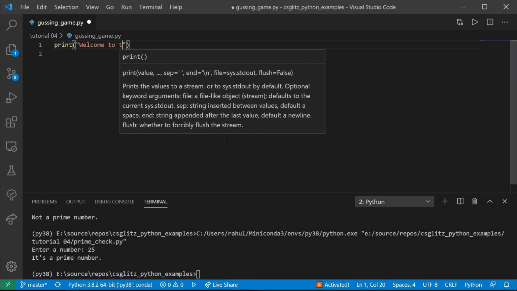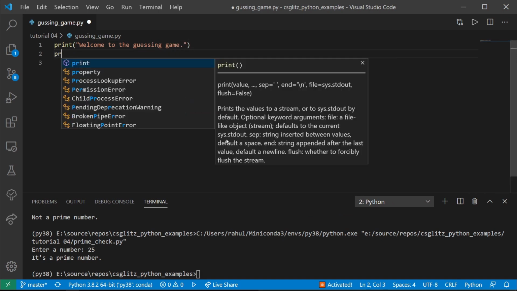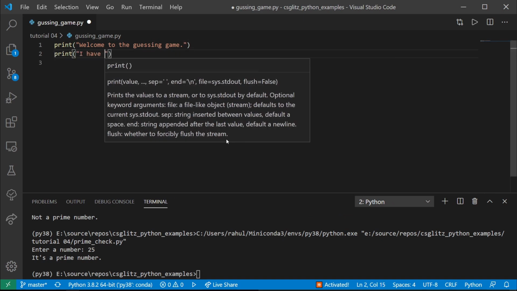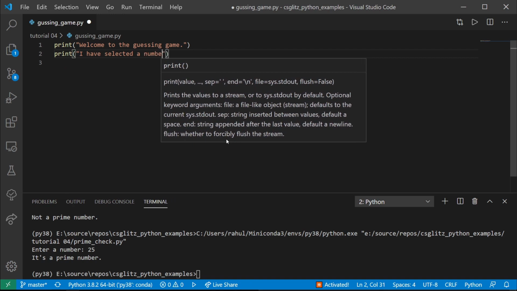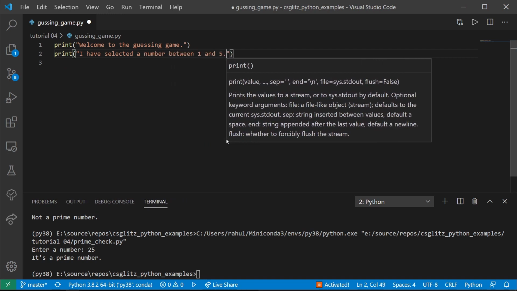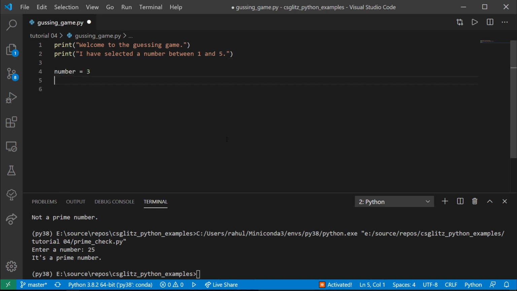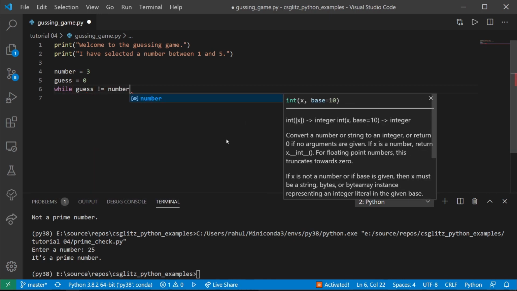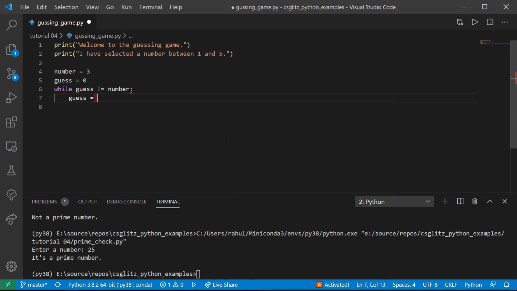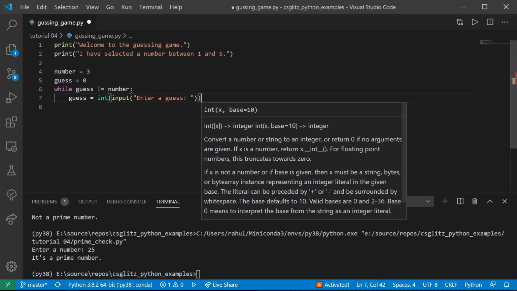Now let's try to write a guessing game. We will ask the user to enter numbers until he is able to guess the correct one.